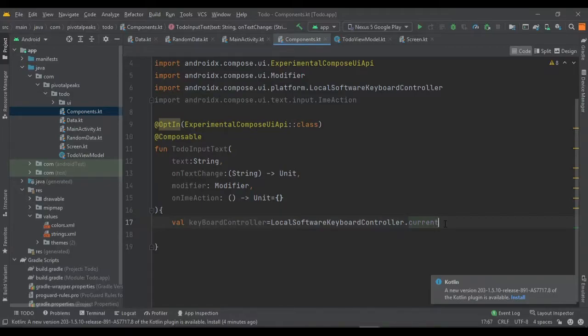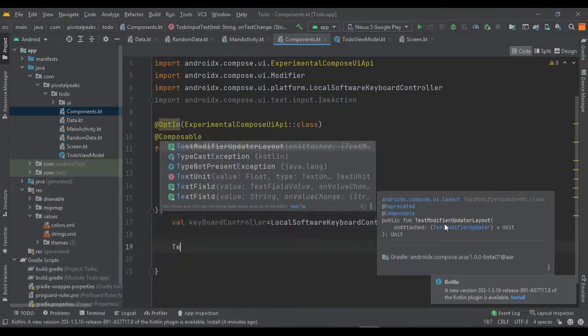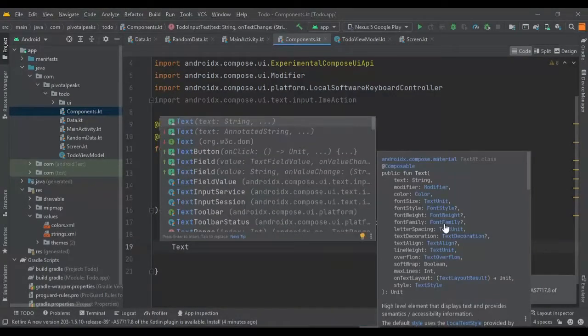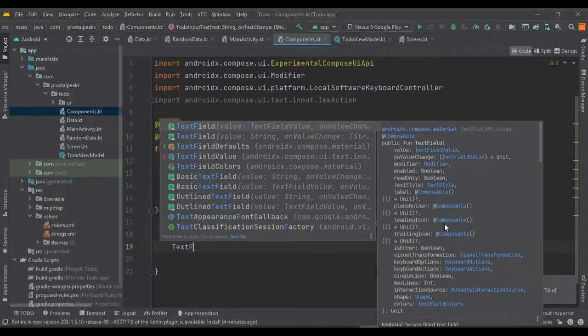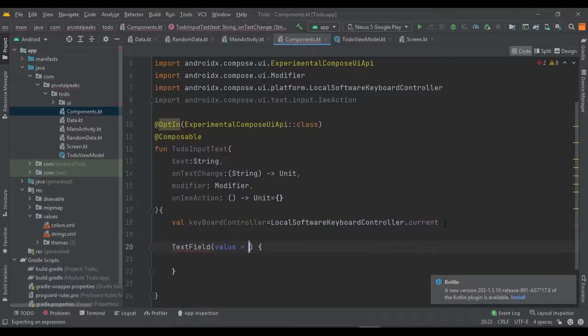So let's create our text field. For text field we just need to create the text field, and I think we need to choose the second one, and we need to provide some value for it. So we have already created a parameter in our to-do input text function, so we will just give it the text, and we need to delete this.